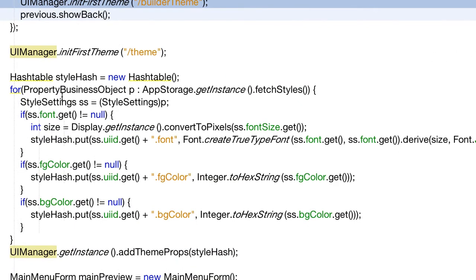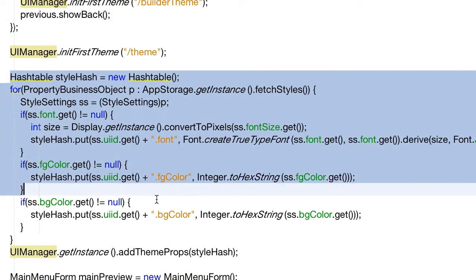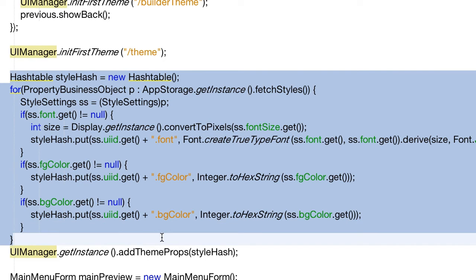Moving ahead, we can see the code that deals with applying the styles saved in storage. We load the styles from storage and then loop over them. For each type, font, foreground or background, we create a theme entry. A theme in Codename One is a hash table that has keys and values with the format you see in the code. For instance,